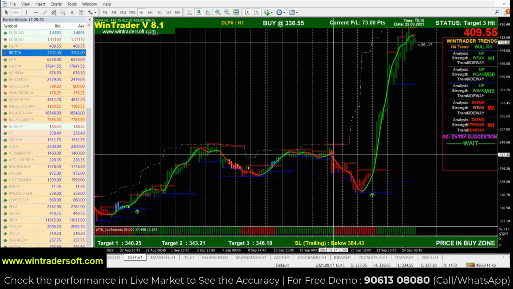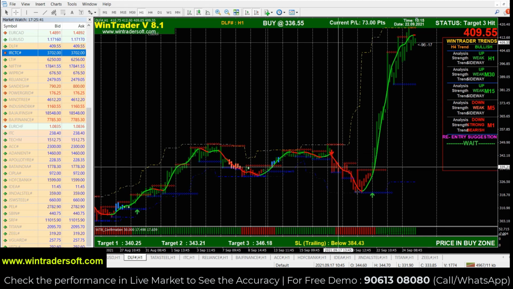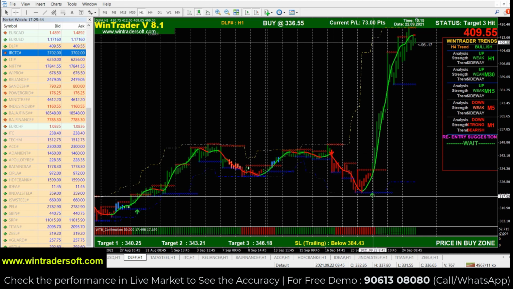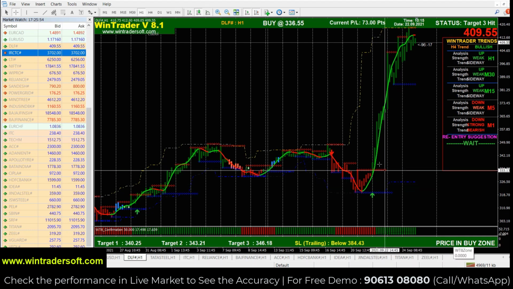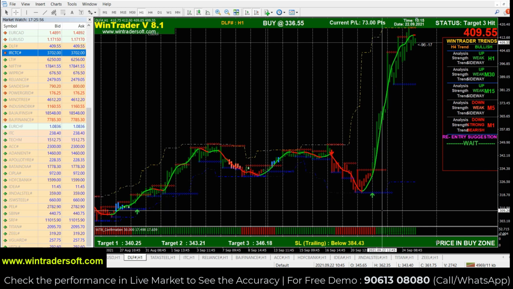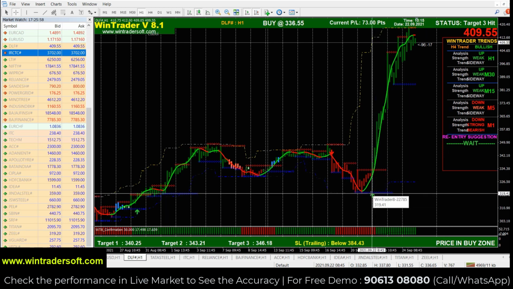If you check the previous signals, a sell signal was generated on this candle. But how can we confirm a signal? If the signal is generated, we need to check the bottom bar color, that is the first confirmation. If a green buy signal is generated, the bar color must be green, the price must be in the buy zone, and the candlestick color should be green. If the 3 confirmations are the same, then we can enter the trade.